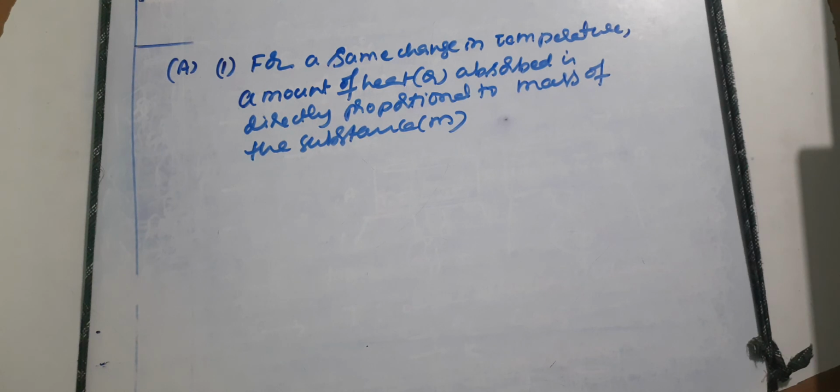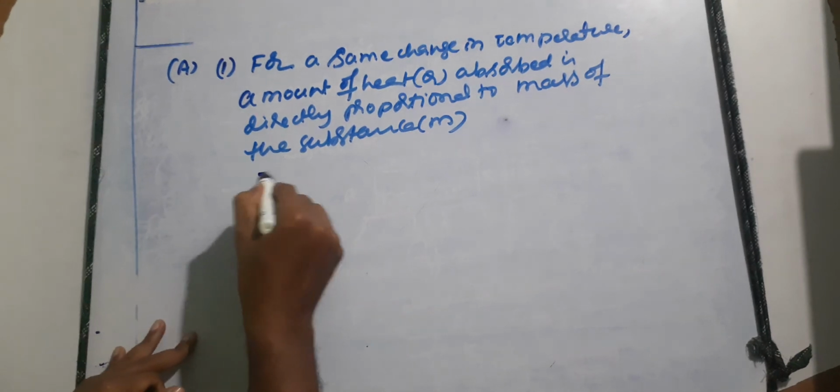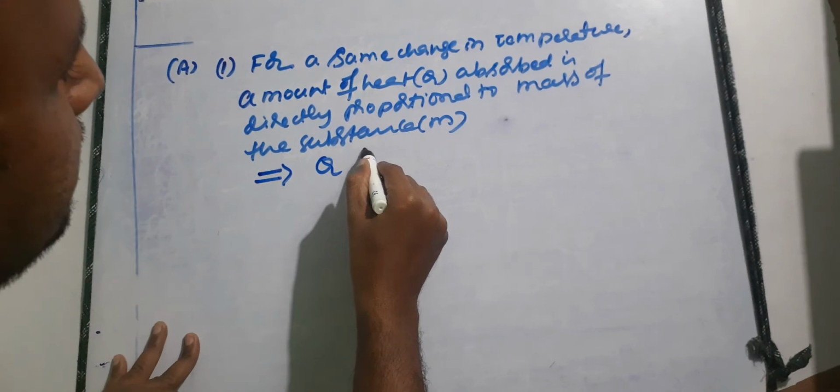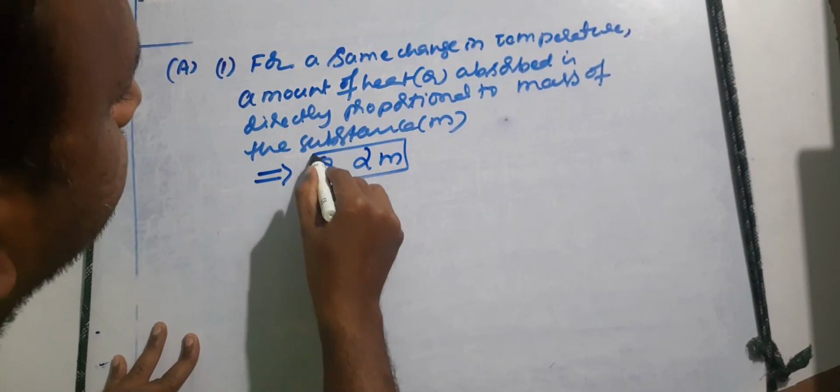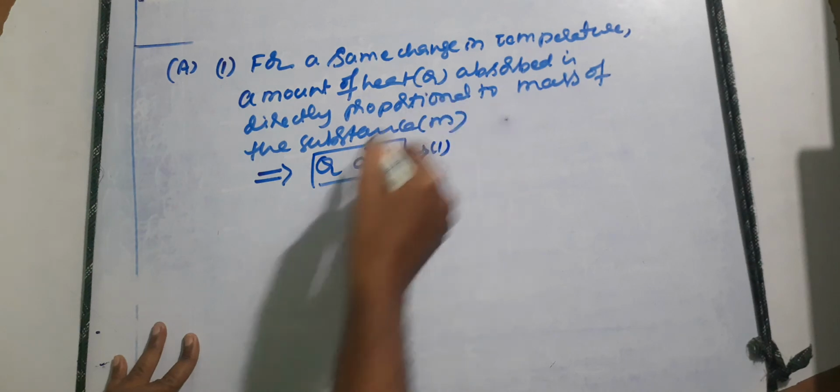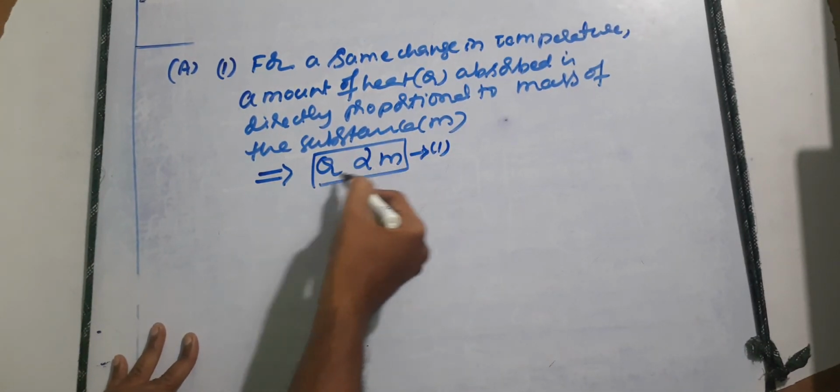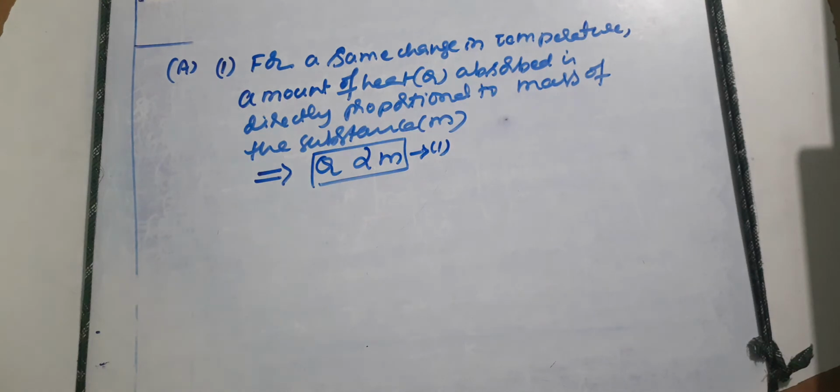As the mass of the substance decreases, the heat absorbed by it also decreases. That is why, in the previous activity, 100 grams rises its temperature faster because it requires only a little amount of heat energy. In the case of 1000 grams of water, it takes more time to rise its temperature, because its mass is higher, so it absorbs more heat energy. So this implies Q is directly proportional to M: as M increases, Q also increases, and as M decreases, Q also decreases, for a constant change in temperature.